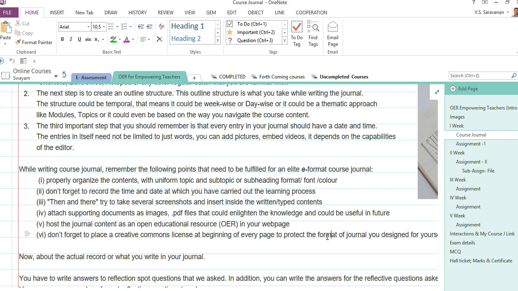As usually we write on paper, however, here we are going to write in the electronic format, that is in a Word format or a Notepad format or a OneNote format. Properly organize the content with uniform topic and subtopic or subheading, format, font as well as color. These things should all be uniform when you are creating any kind of course journal.